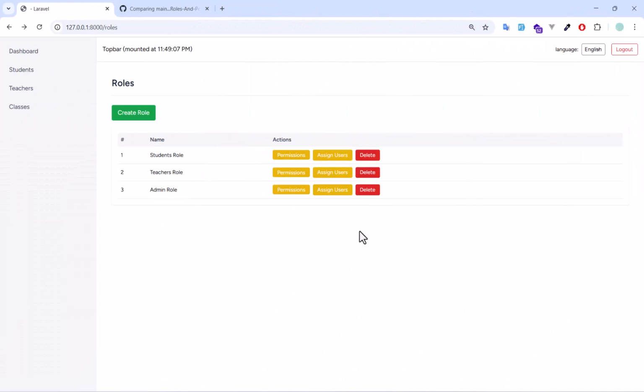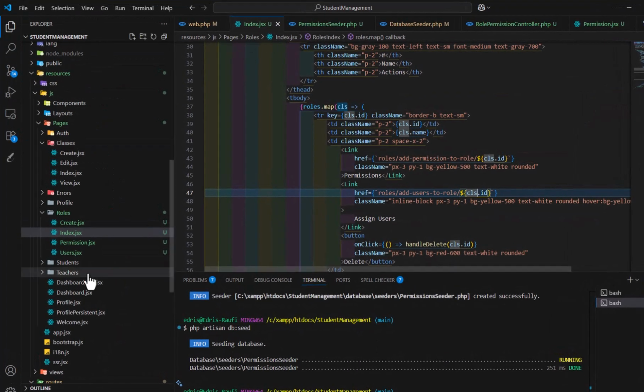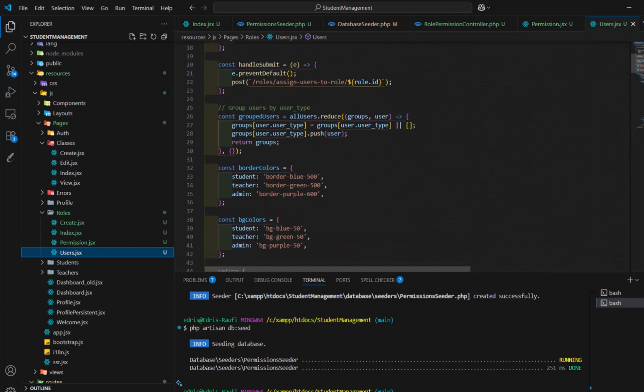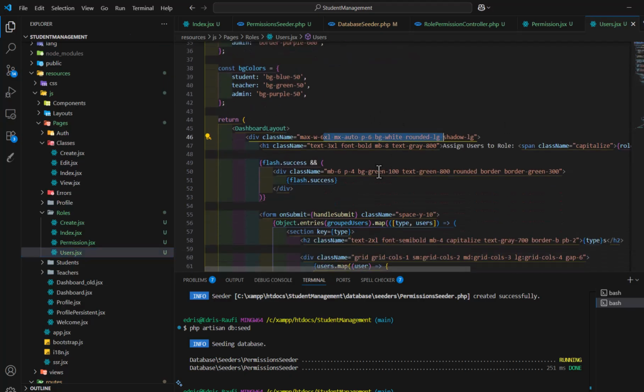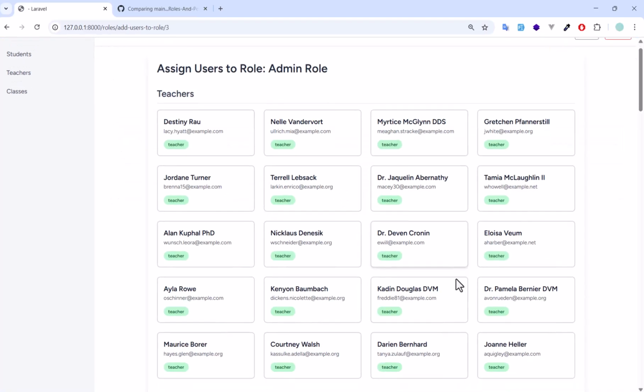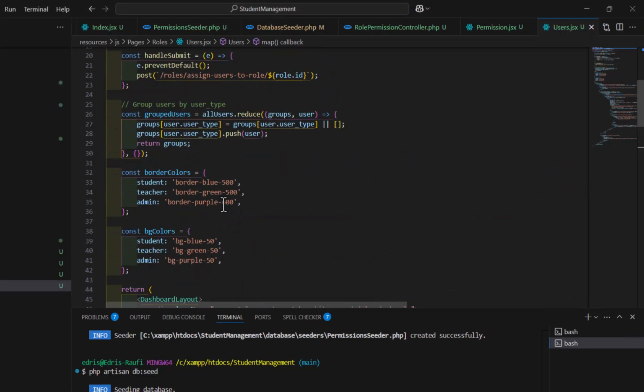So to save some time, I already created a page and controller methods for assigning the users. If I go to my project, in here I created a new page with the user.jsx, which does exactly the same as the permissions page, but just with some extra styles and classes. And if I go to assign user permission, it looks like this, just this, but the rest all the logic